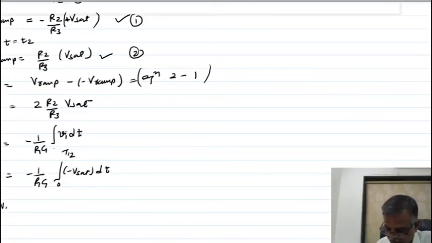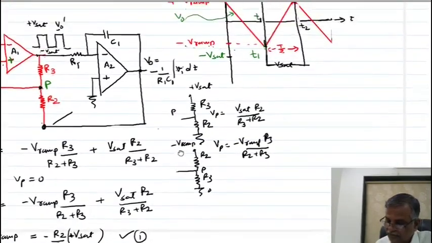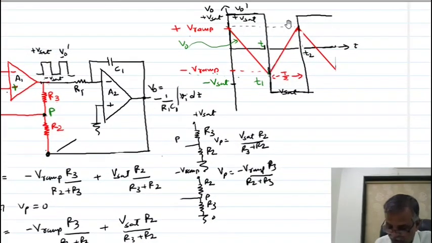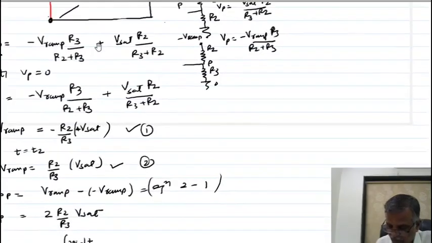So this is VO. Which value? This is your VO peak to peak. You can check, I'll show you. You are indicating from this point to this point, meaning you are writing the voltage for peak to peak voltage. Which voltage you are writing? Peak to peak. So this equation I should write for peak to peak.